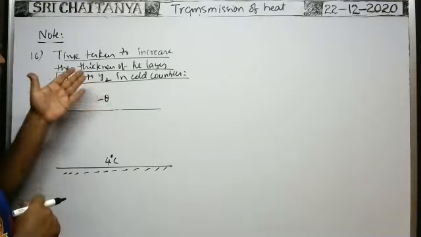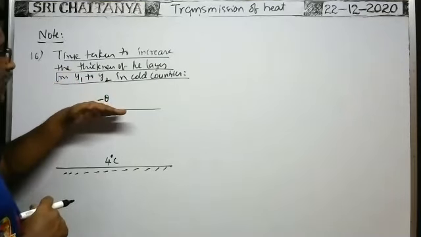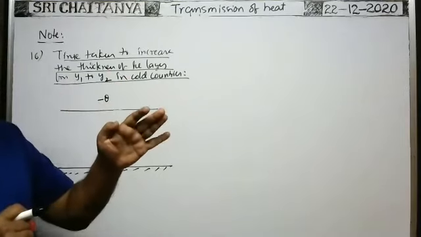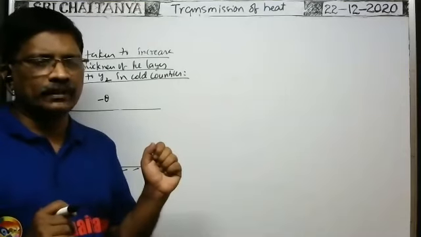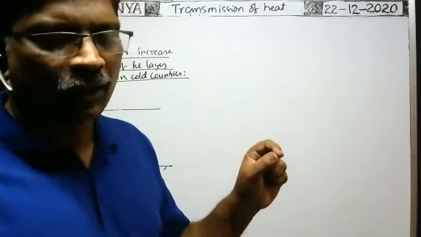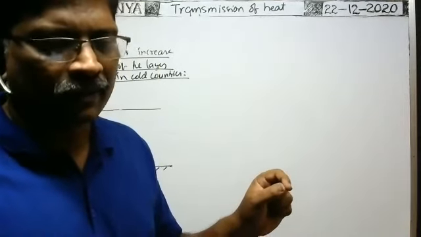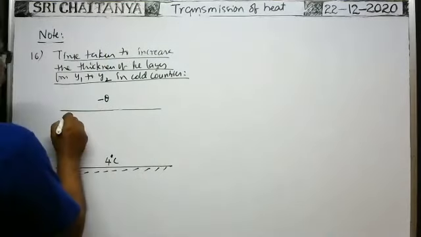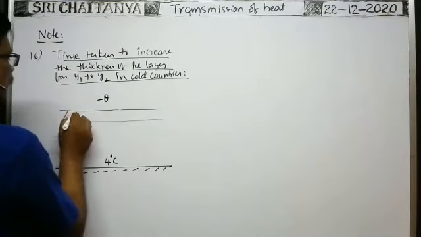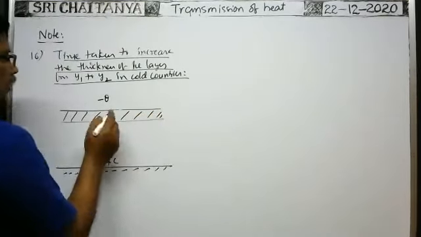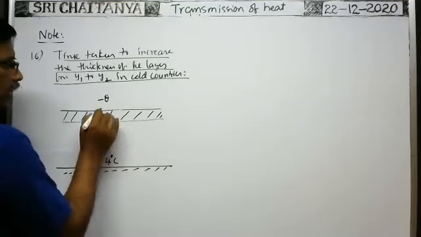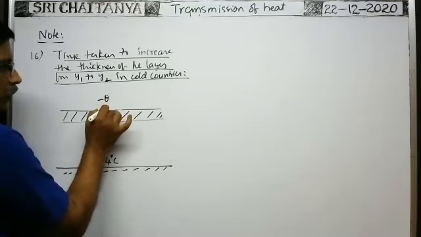But as the atmospheric temperature is in minus degrees centigrade, the surface of the water in the lake loses heat energy, and whenever the water at 0 degrees centigrade loses heat energy, what happens? It becomes solidified, no? That's why, because of solidification, here the ice layer is formed. This is the ice layer. The lower surface of the ice layer is at 0 degrees centigrade and the upper surface is at the atmospheric temperature, that's why minus theta.